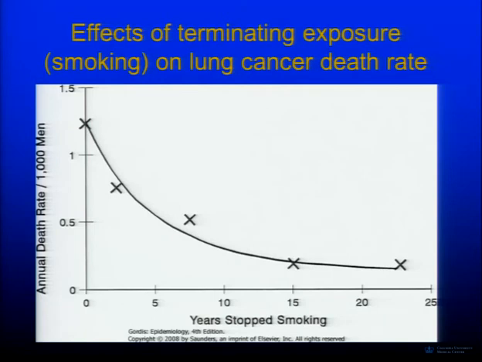So this is looking at the years since you stopped smoking and the annual death rate per 1,000 men. This is the lung cancer annual death rate. The more years you go away from stopping smoking, so in other words, this is you just quit, and this is you quit 15 years ago, as you get longer since you stopped smoking, you have a decrease in the lung cancer rate. That is the trend data that you might show to demonstrate cessation of exposure: you get rid of smoking, and then after a certain amount of time, your risk actually does go down.